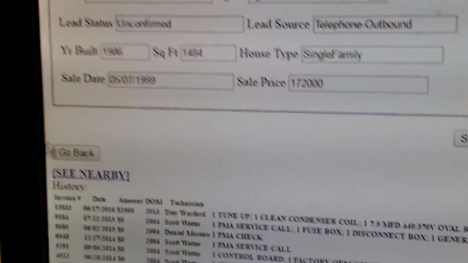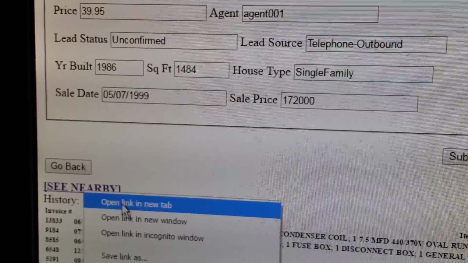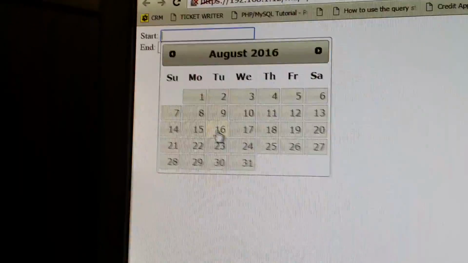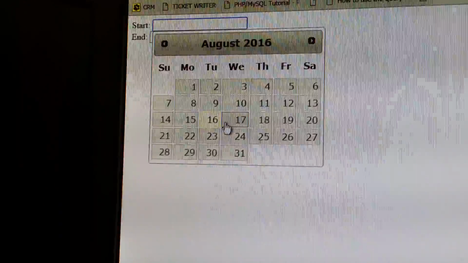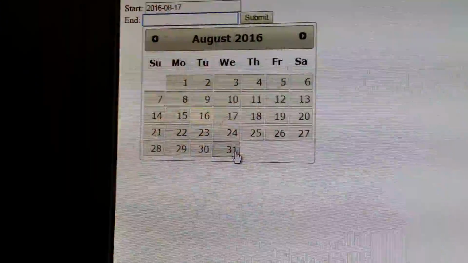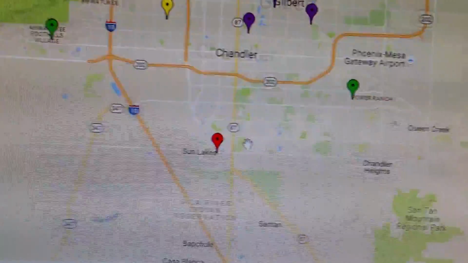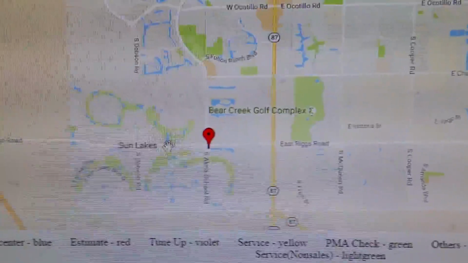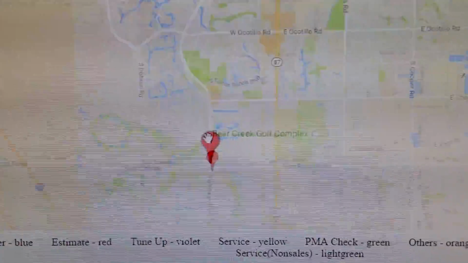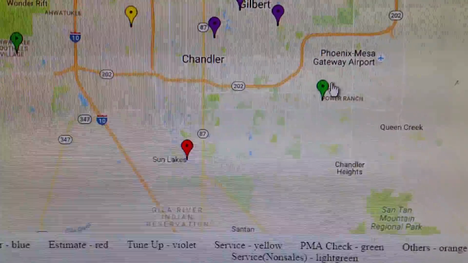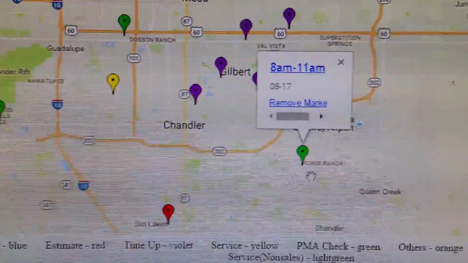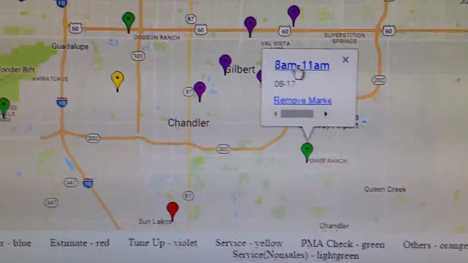This see nearby link here, if we click that, that will open up a separate window where we can select a date range. So if we set it for, let's say, tomorrow and the end of the month, and we hit submit, from there we can see our house here. We can zoom in on the house and see where it's at, and we can click along. We can click our other calls to see when we're going to be out in that area as well,